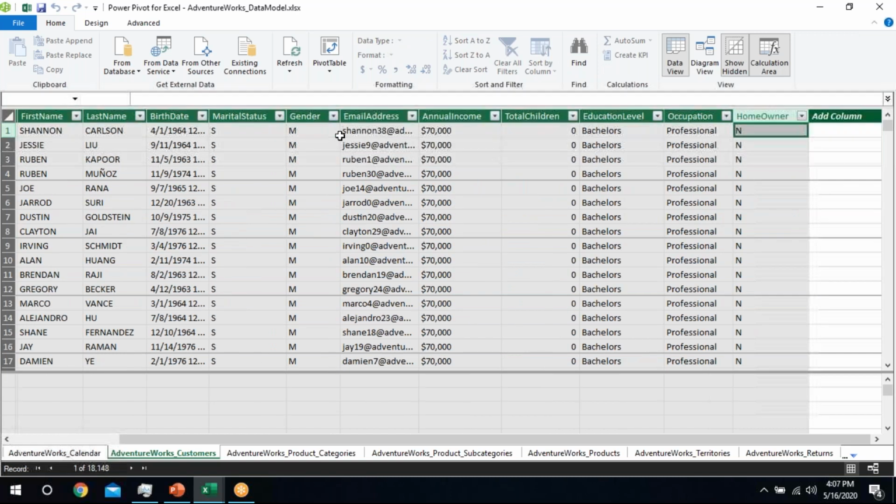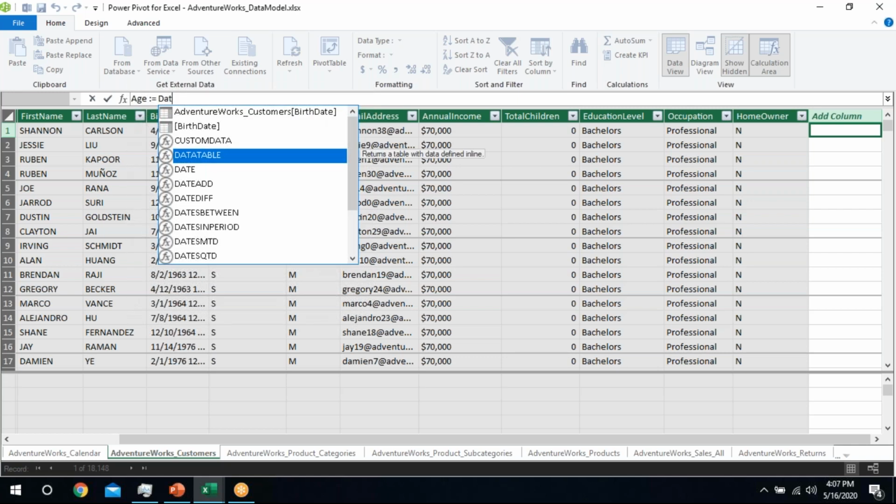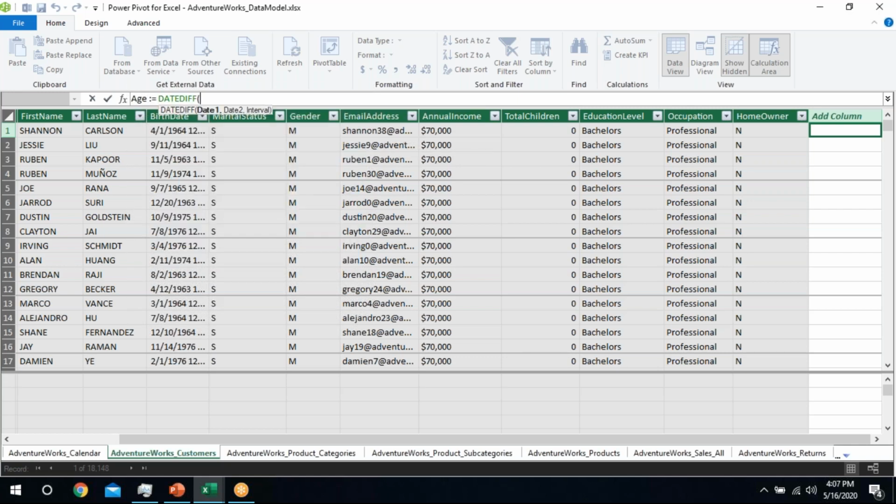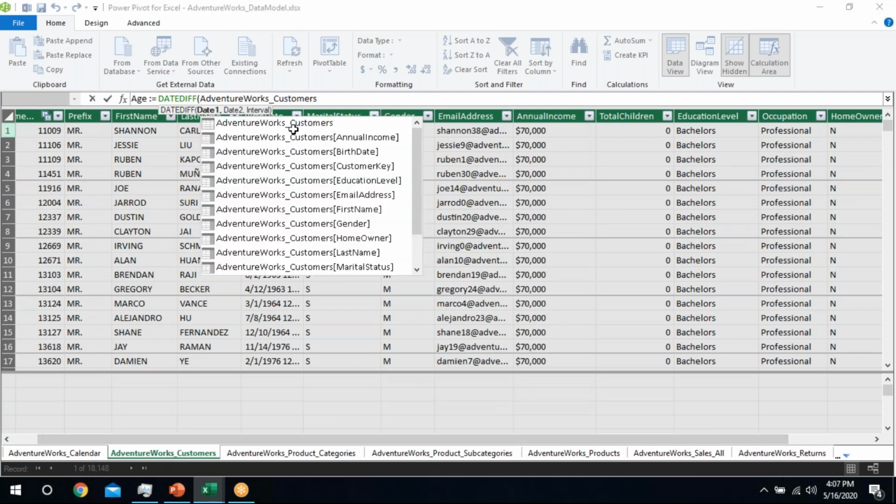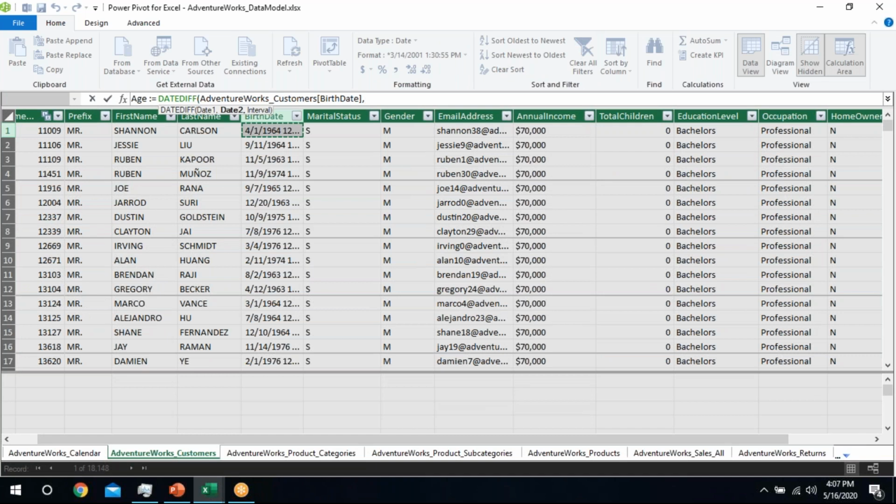So if I write a calculated column here, equals, I am analyzing the dates of my customers. So this is my age, this is my column name, DATEDIF, this is the formula we generally use in Microsoft Excel. Then what is my first date? The birth date is my first date. Okay, what is my second date?